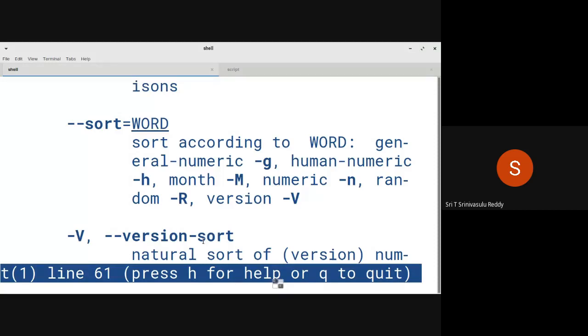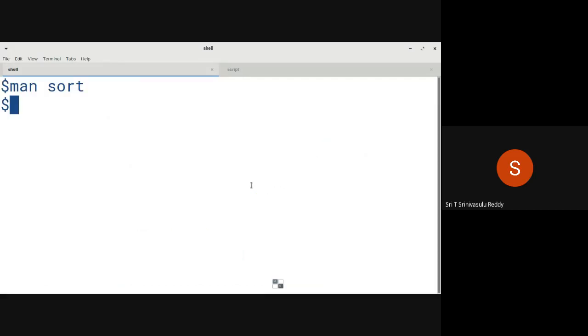Sort according to word: general numeric is g, human numeric is h, month is M, numeric is n, random is R, version is V. Let us see whether this is going to be of some use. sort=word, probably by capital M. Let us see what it is going to do. Let me just refer to this particular thing.